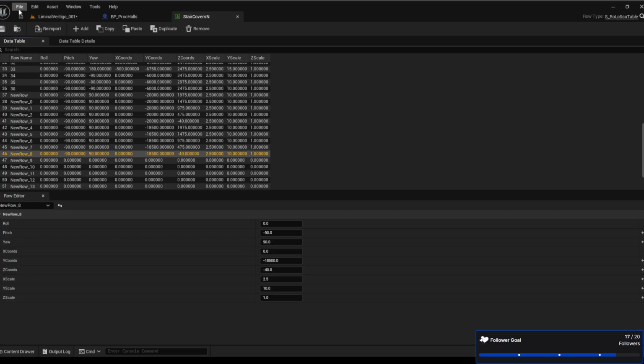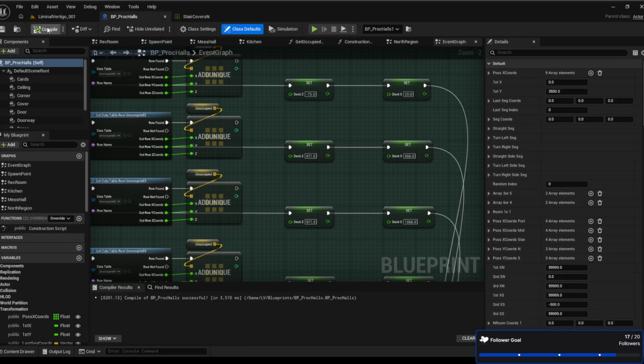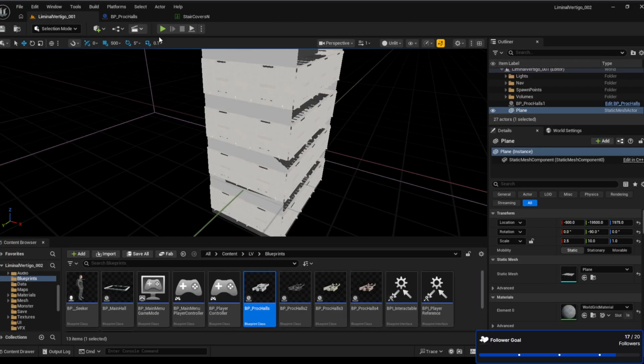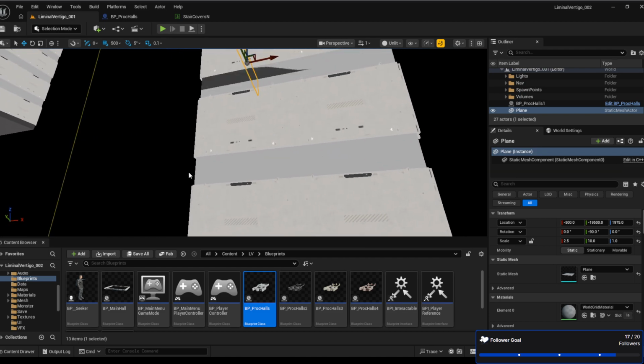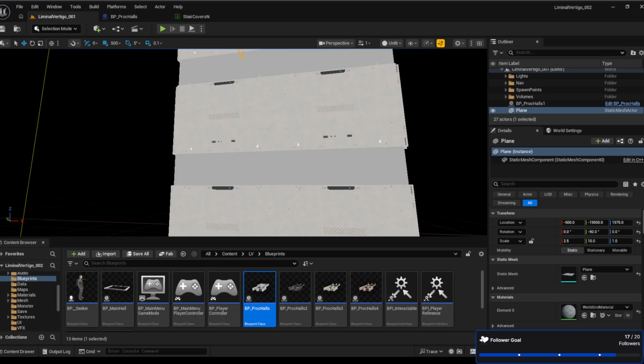Alright, let's see if that works at 18,500 and stuff like that. So we compile it into the blueprint and see if it does it. Nice. Okay, so we do. Okay, that's fine that it does the